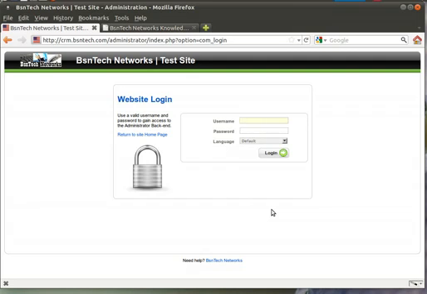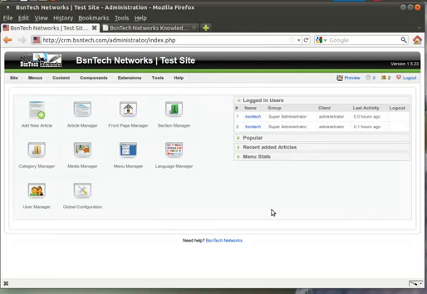First of all, you should have received a username and a password from us in order to log in to the administrative portal of your website. If you have not received that, make sure to reach out to us and we can provide that username and password to you. So of course you will go to the administrative portal of your site and then go ahead and log in. Now once you log in, you are greeted with many options here. Now for the purpose of this video tutorial, we're simply just going to show you how to do the content